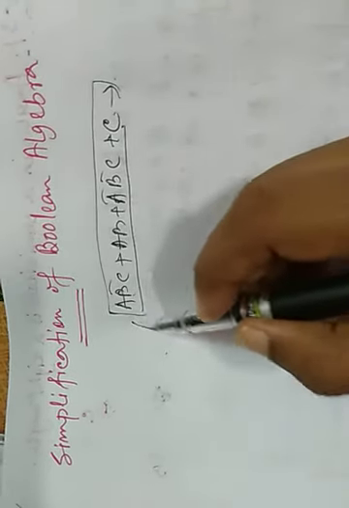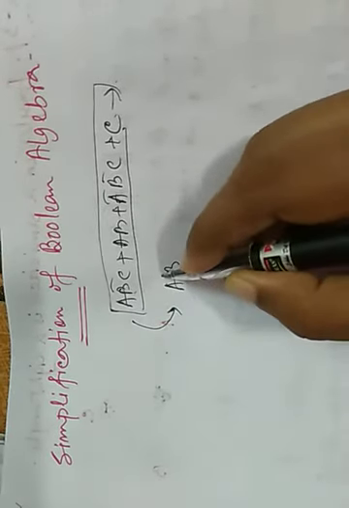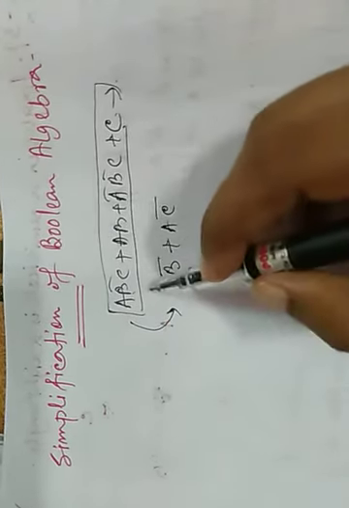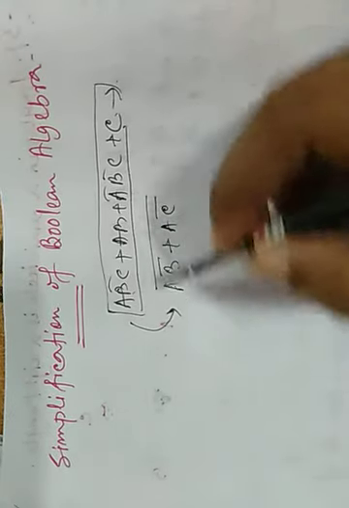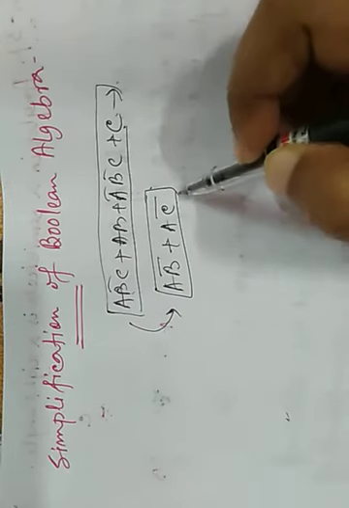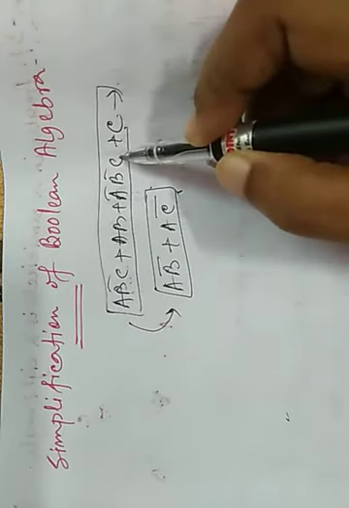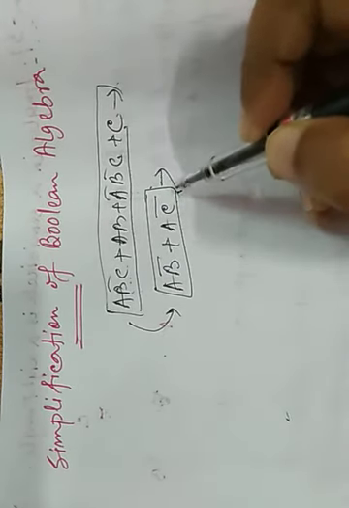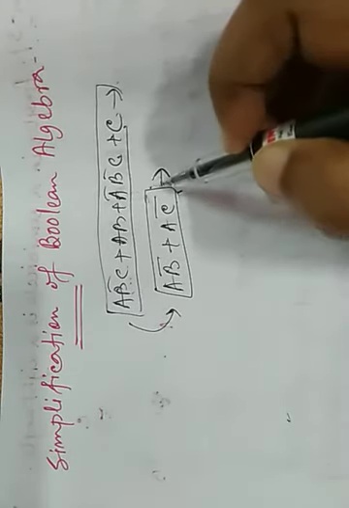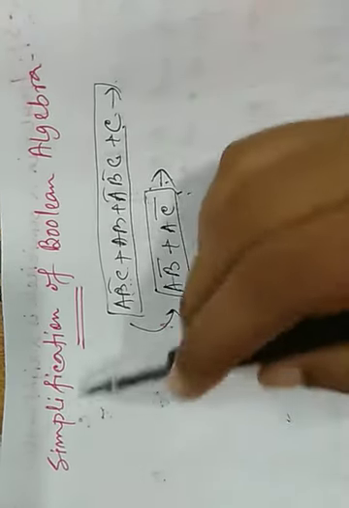So if we get the same result by simplifying this expression, suppose like this, a b bar plus a c bar, then the logic expression and truth table of this Boolean expression is much simpler than the logic expression of the earlier one. If we get the same result using this logic expression, it is easier to create the logic circuit diagram of this expression. So that's why we need simplification.